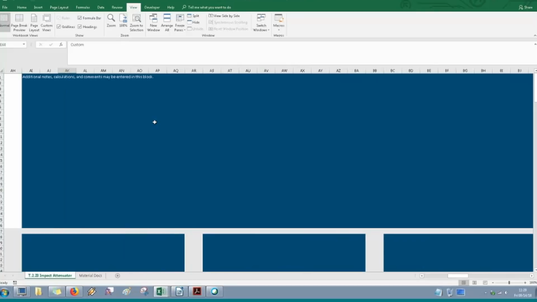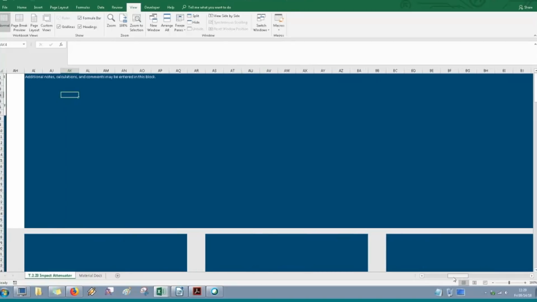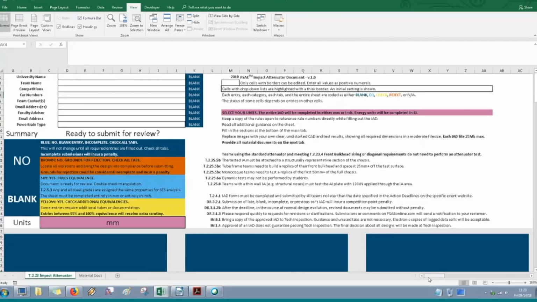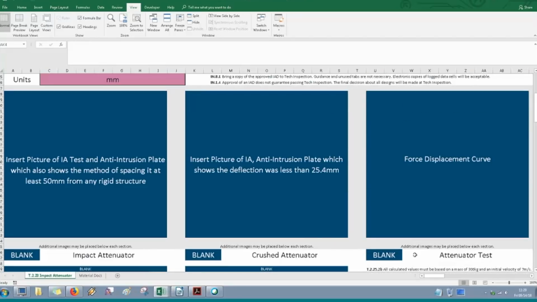We've left you plenty of space here to put in your own calculations that are necessary for front wing or any other tests that come up. So you can put any additional comments, calculations, things like that to cover your anti-intrusion